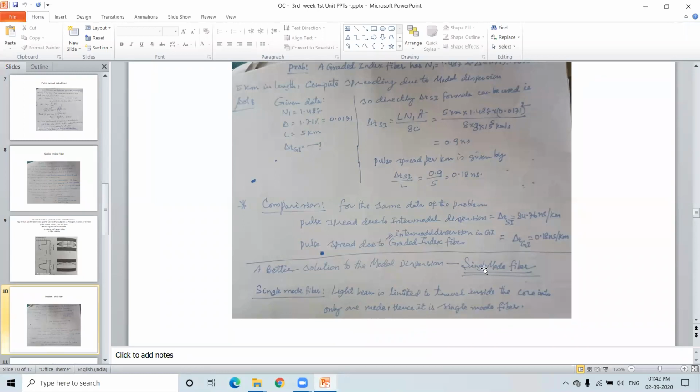But you have to pay the price for it. It is a very difficult process. Fabrication process is very, very difficult, having the single mode. It is a difficult process. But our developed optical fiber fabrication techniques are able to fabricate it, but the cost of it is going to be a little bit higher than the other step index multimode, graded index multimode.